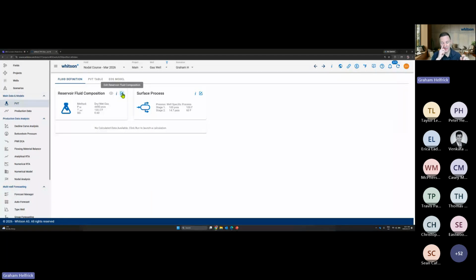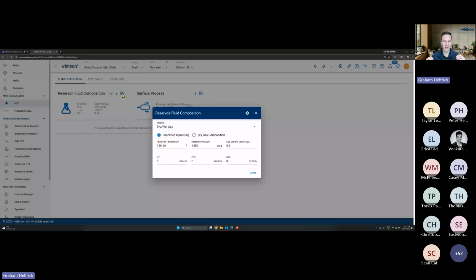All right. So this gas well that we're looking at happens to be dry gas. There's no condensate, there's no oil. And for that reason, we've got a specific gravity entered of 0.6. Now, later, when we look at the oil well, which will be next, or if you guys have